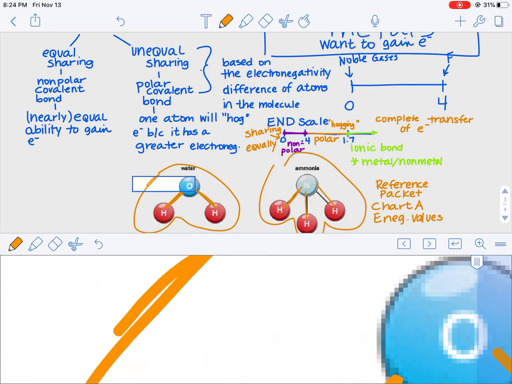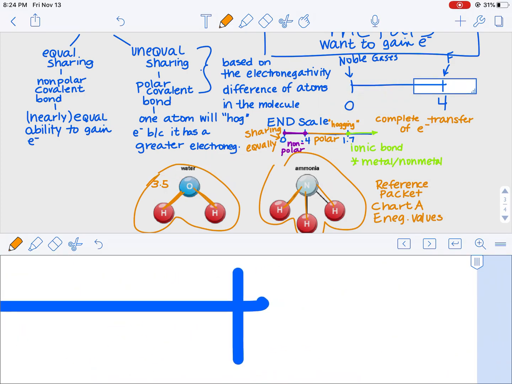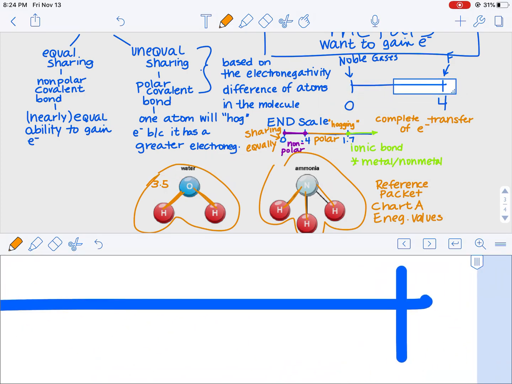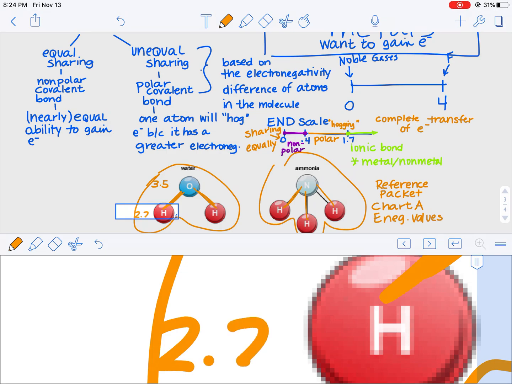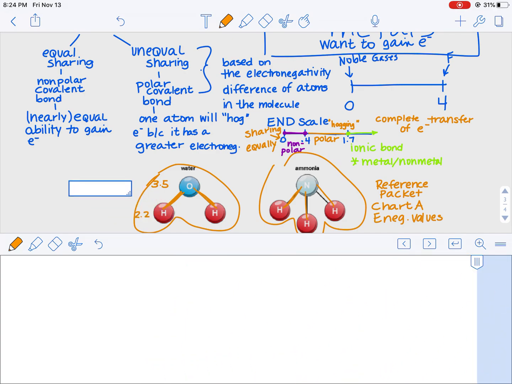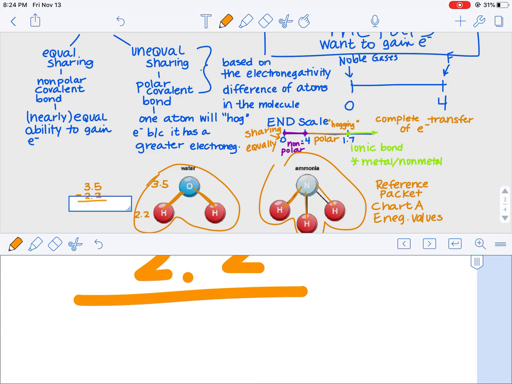So for example, oxygen's electronegativity value is 3.5. Knowing that it's a scale of 0 to 4, that's a really strong ability to gain electrons. It's close to 4. Fluorine is the highest, remember? Hydrogen's is 2.2. Granted, I'm doing this from memory, so if I'm wrong, please correct me. It may be 2. In any event, when I take the difference, meaning subtract,